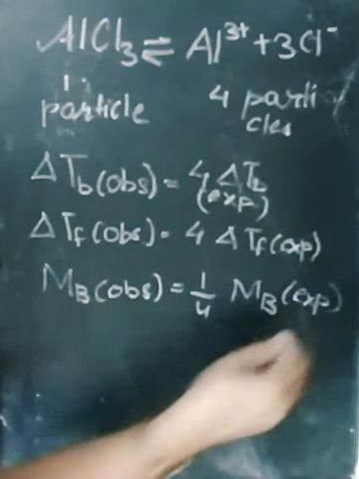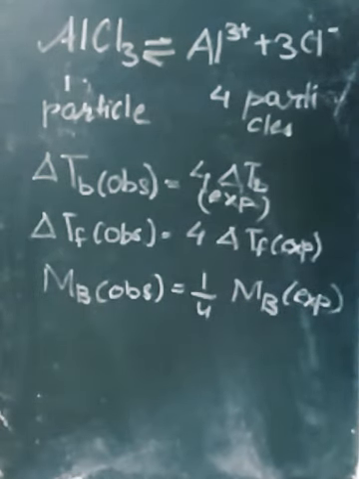So this way we see molar mass decreases when dissociation takes place. Now in our next class we will study what the van't Hoff factor is, and how these abnormal molar masses are corrected, and how the colligative properties are also corrected by introducing the van't Hoff factor in our next lecture.